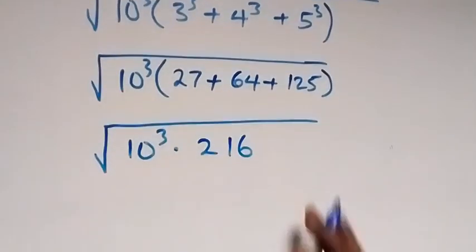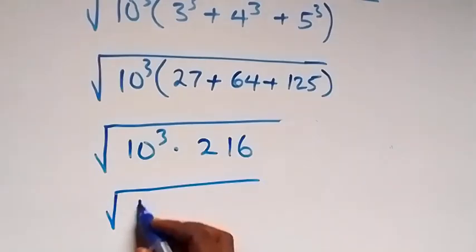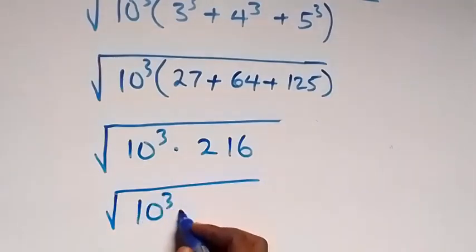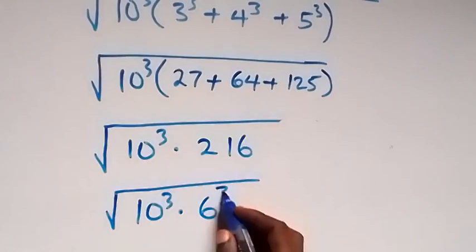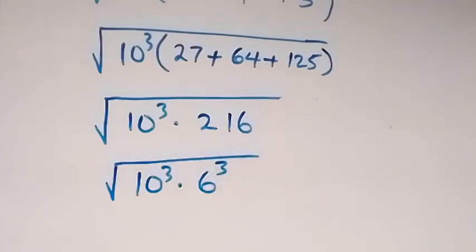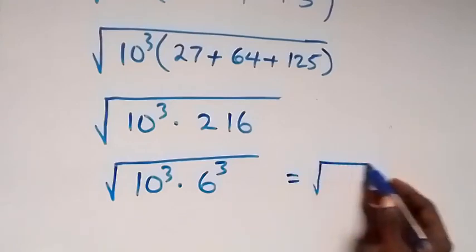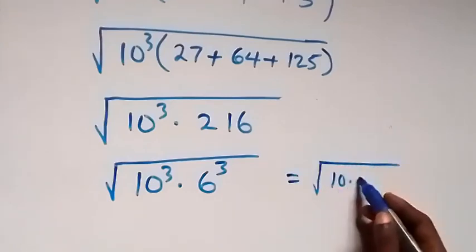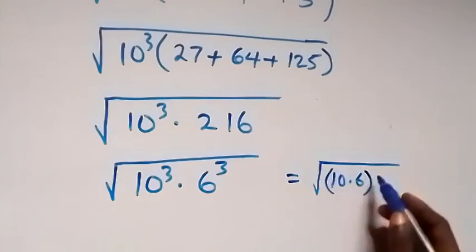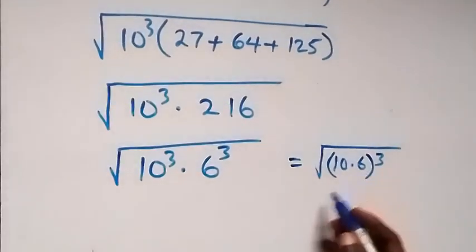Then which also implies that we can write this as square root of 10 raised to power 3 multiplied by 6 raised to power 3. 6 multiplied itself 3 times gives us 216. Then also reversing the law of indices, we can take this power out, and this becomes square root of 10 times 6 all raised to power 3, which implies 10 times 6, we have 60,